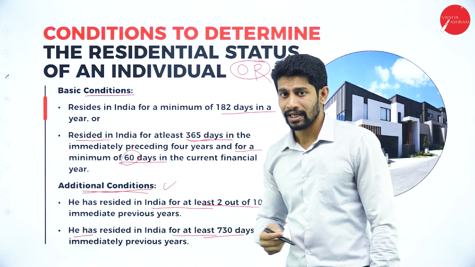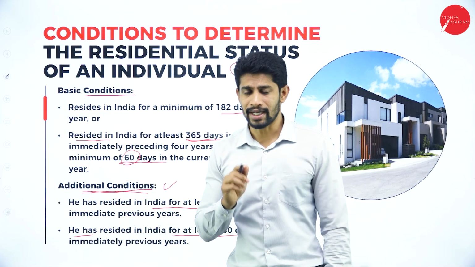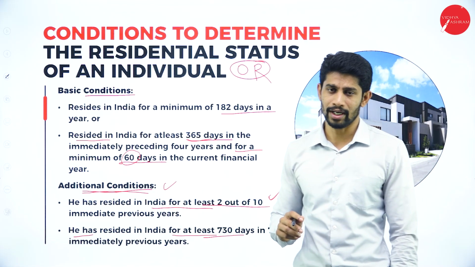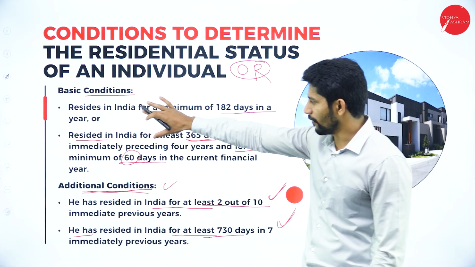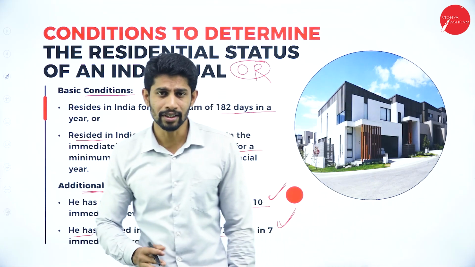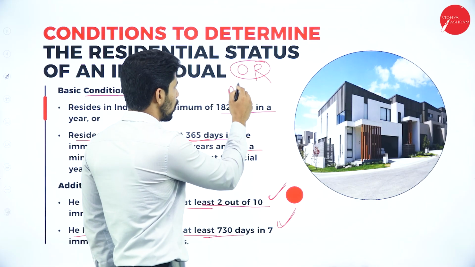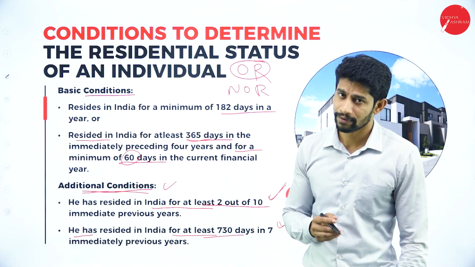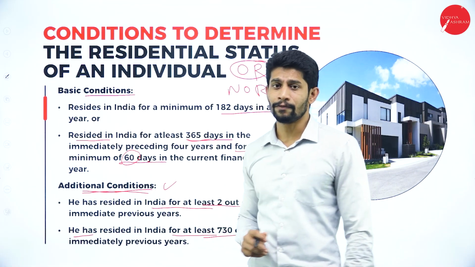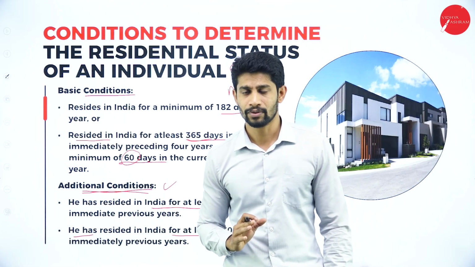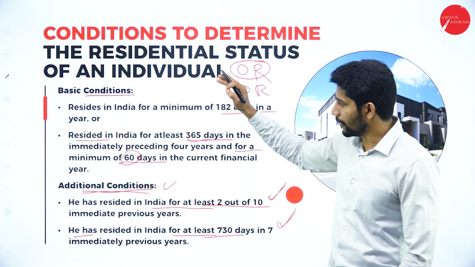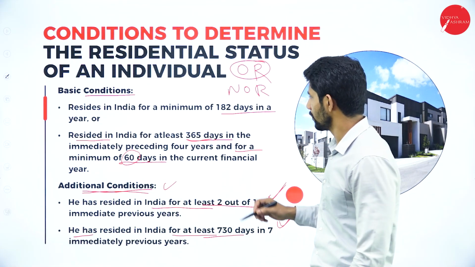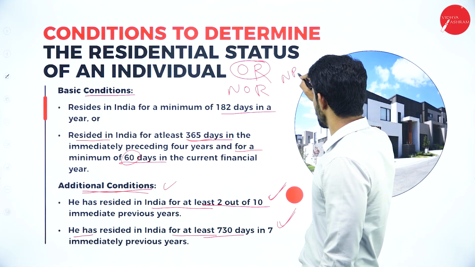Next, if any person satisfies any one basic condition and any one additional condition, then that person will be called a not ordinary resident of India. Next, if any person fails to fulfill the basic condition itself, okay, we have 2 basic conditions, then that person will be called a non-resident of India,